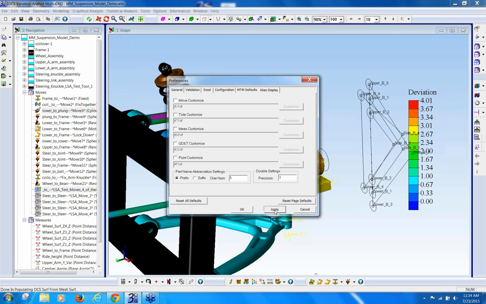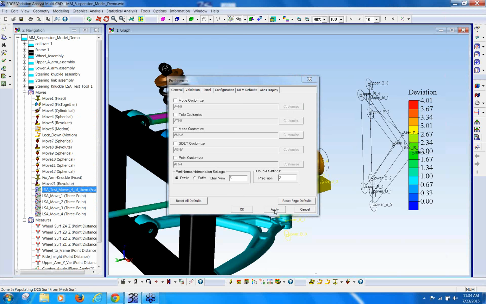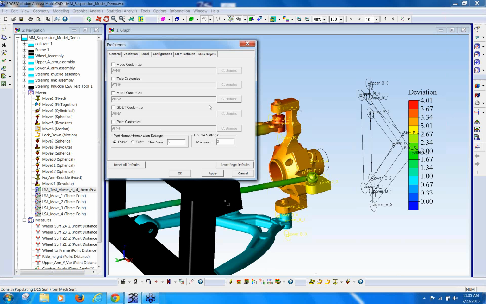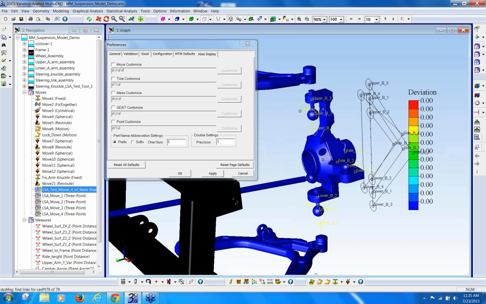If I turn it off, it goes back to my original move. So if you set this up in advance, the move automatically will fill in for you. So for instance, I'm going to turn it back on,